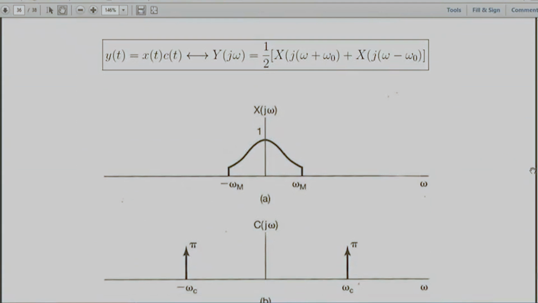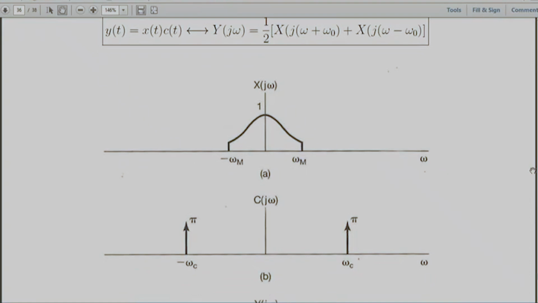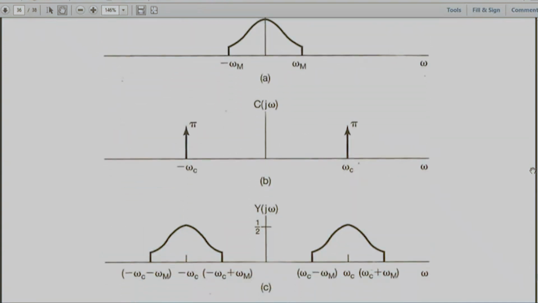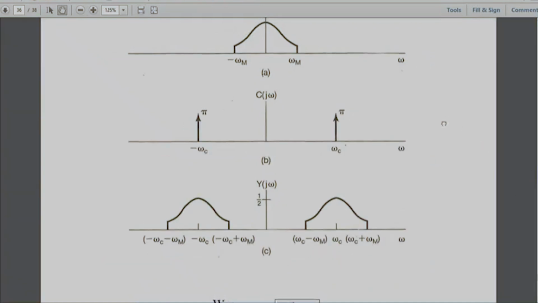Here's our X of j omega. Let's say it's bandwidth limited where the maximum frequency is omega sub m. And we have as our carrier signal a cosine, which you can read as omega naught. This is omega sub c. Sometimes people use that for the carrier frequency. We're convolving this with this. And what does that convolution look like? It looks like this. And so this is what we get